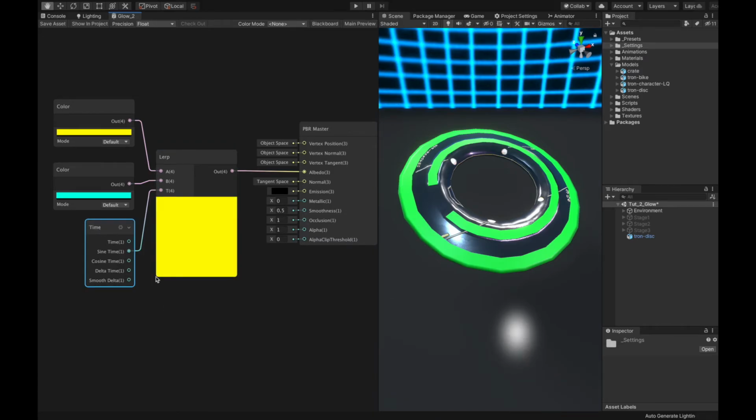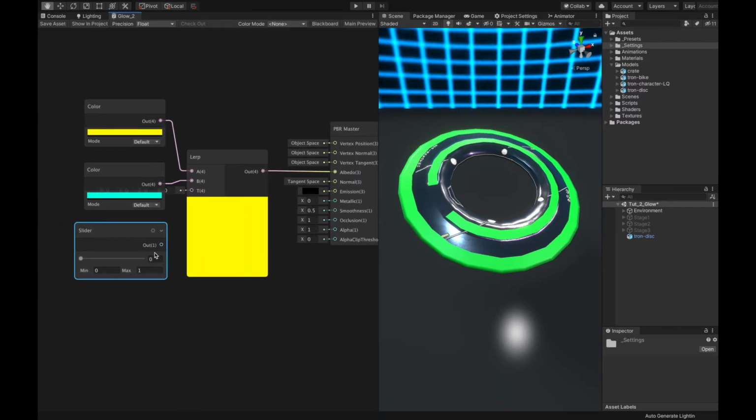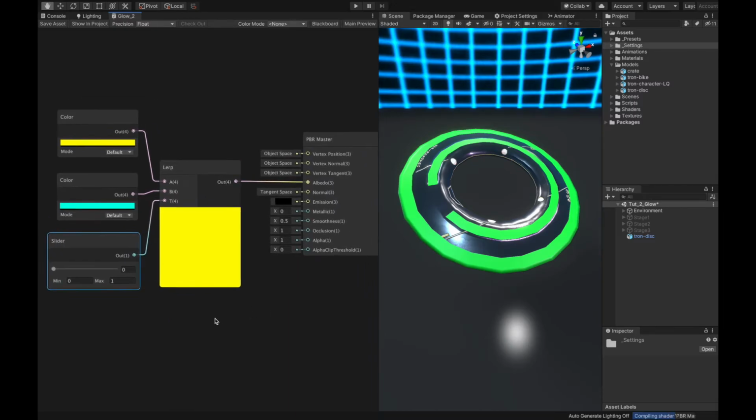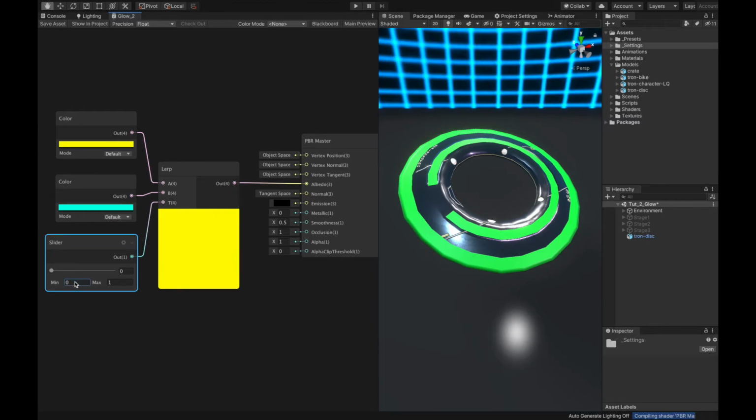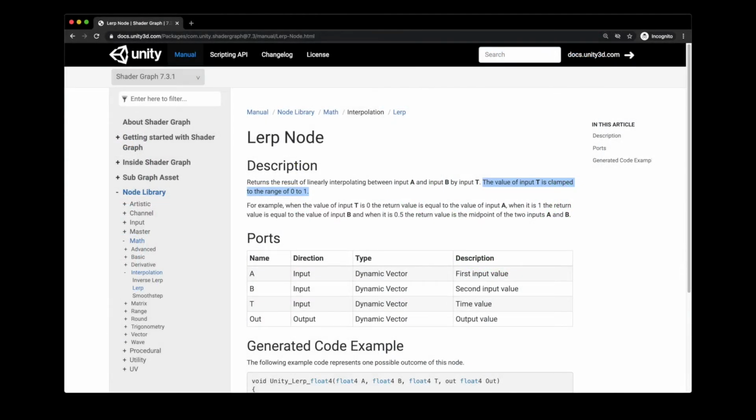Wait, something's wrong. The first color seems to appear longer than the second one. In order to debug this issue, I'll try to simulate the sine values by connecting a slider with the range of -1 to 1, and we'll see how the Lerp node changes when we change the slider value. And there it is, I find the first clue. All the negative values lead to the first color as a mixing result. It means that there's something behind the Lerp node.